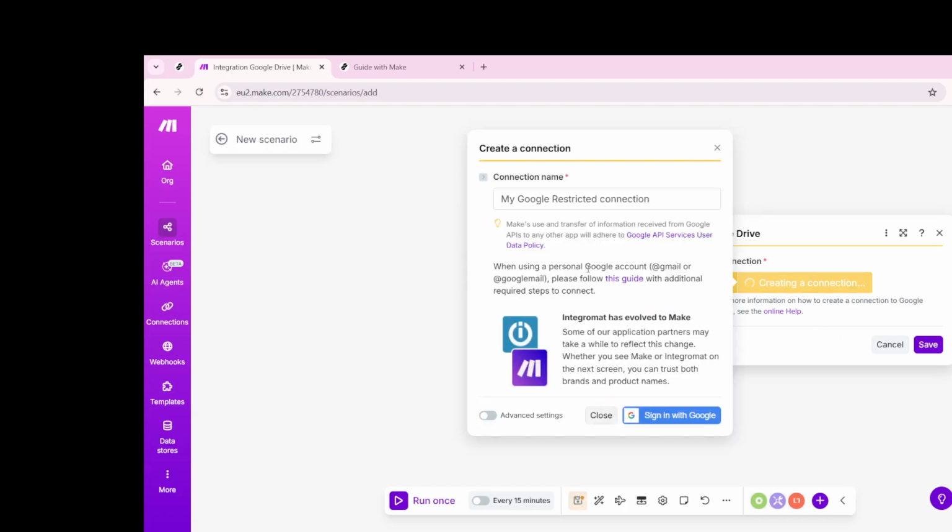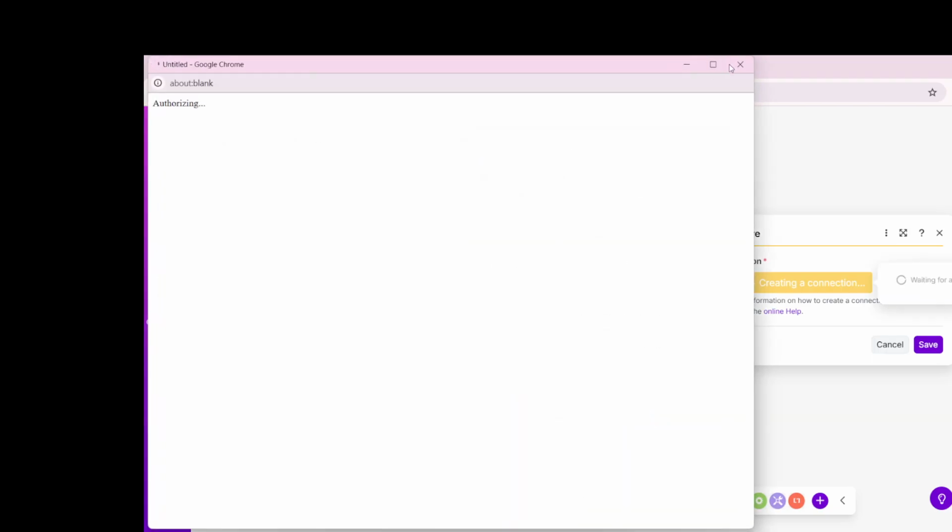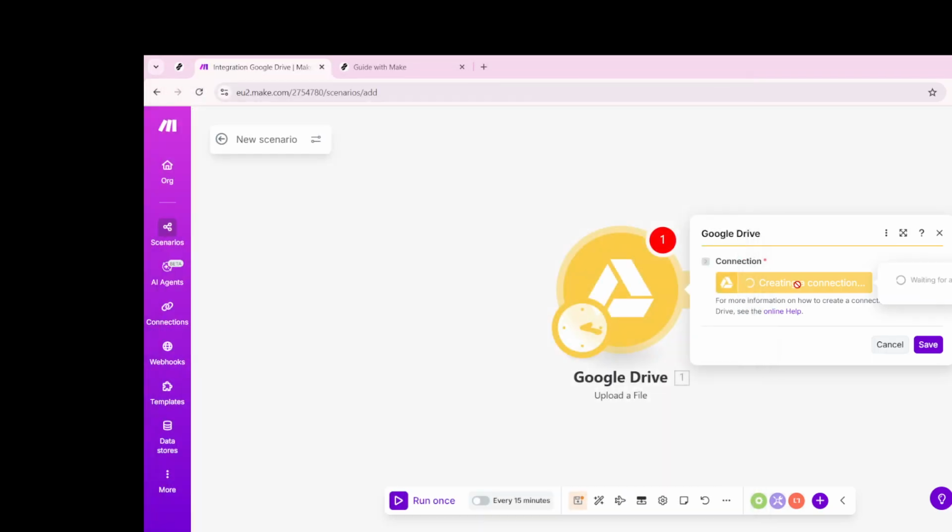Now, click on the option to create a new scenario, or if you prefer, you could open up an existing one that you've worked on before. Then, look for the plus button to add a module, which will act as a building block for your scenario. The next step is to decide on which Google